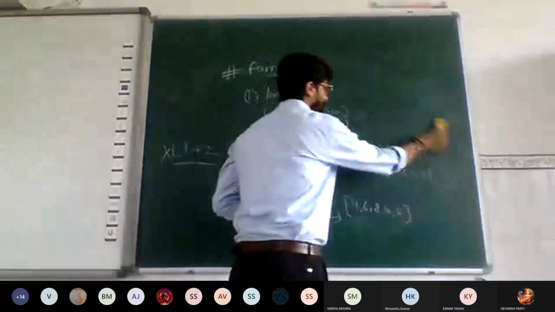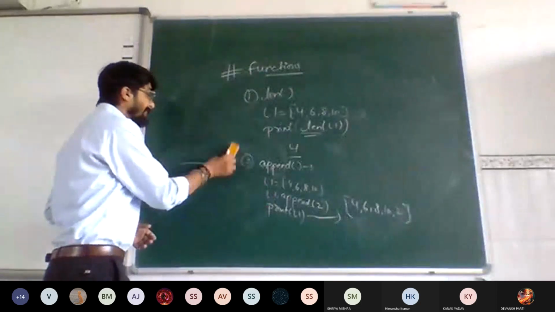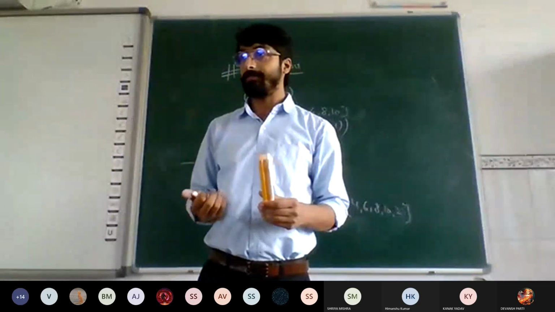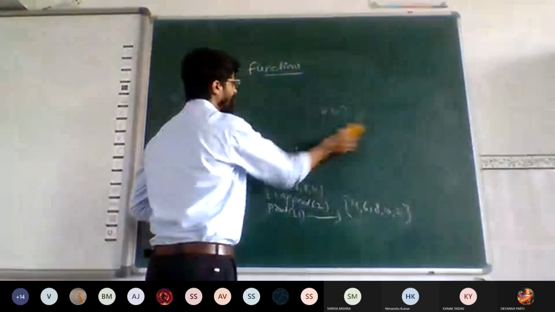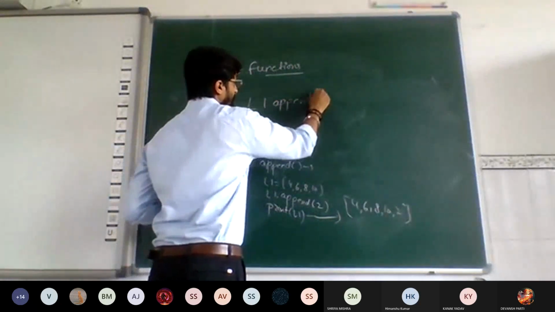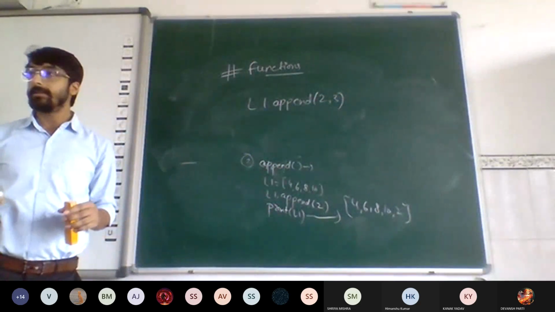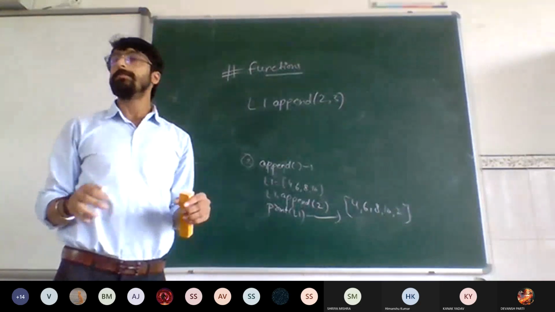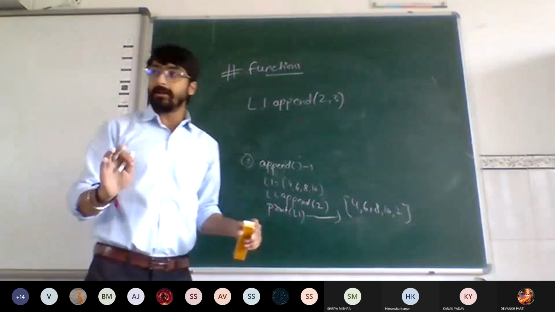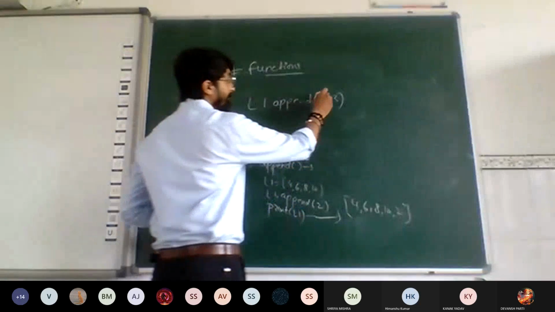Okay. Is it clear to everyone? Append function: we cannot append more than one element at a time in the list. If I have written element dot append 2, 3, it will raise an error. You cannot add multiple elements at the same time using the append function.